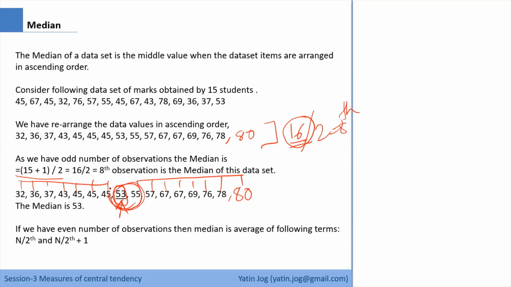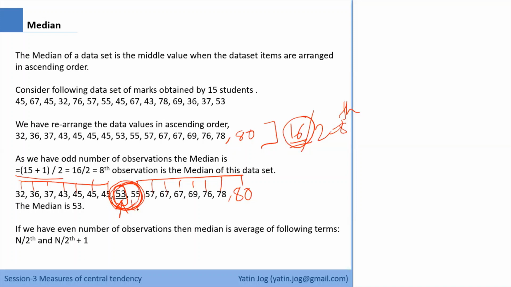I have to consider these 2 terms as my median. Then I have 7 and 7 on both sides of my median term. But median can be only a single value. Even if I consider these 2 terms as my median, I cannot have 2 values as median. The median is a single value.